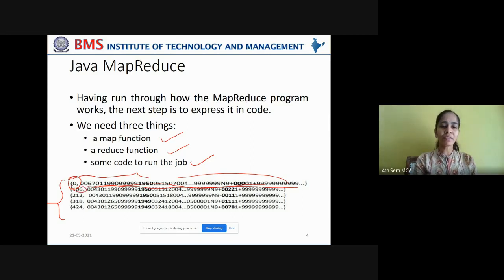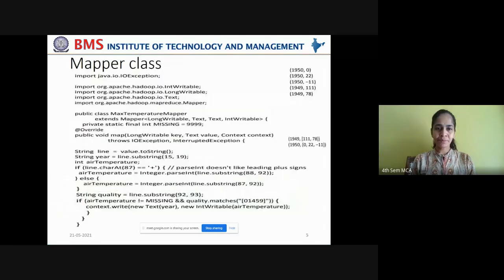In this case, the offset is 106 with its corresponding raw data, 212 with its data, 318 and 424. Now we are able to get the data into the form of key value pairs, which can be passed as input to the map function, right?